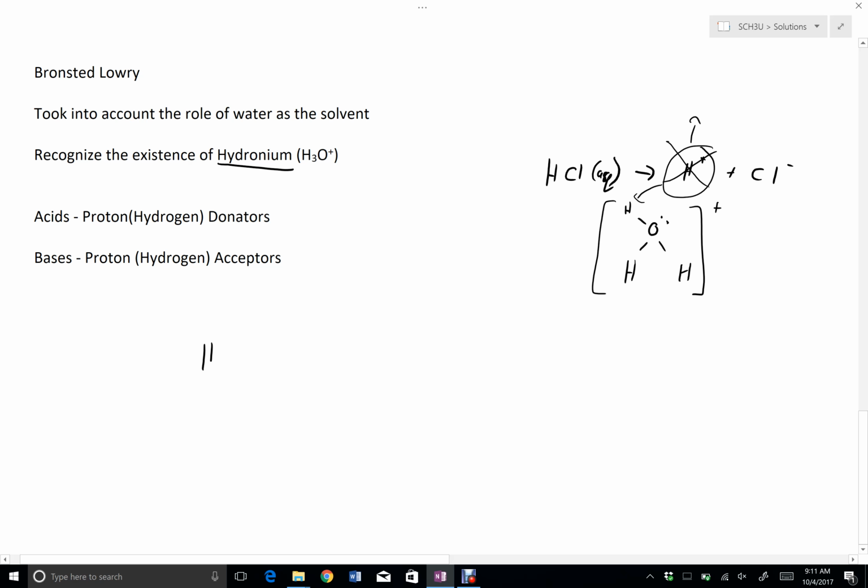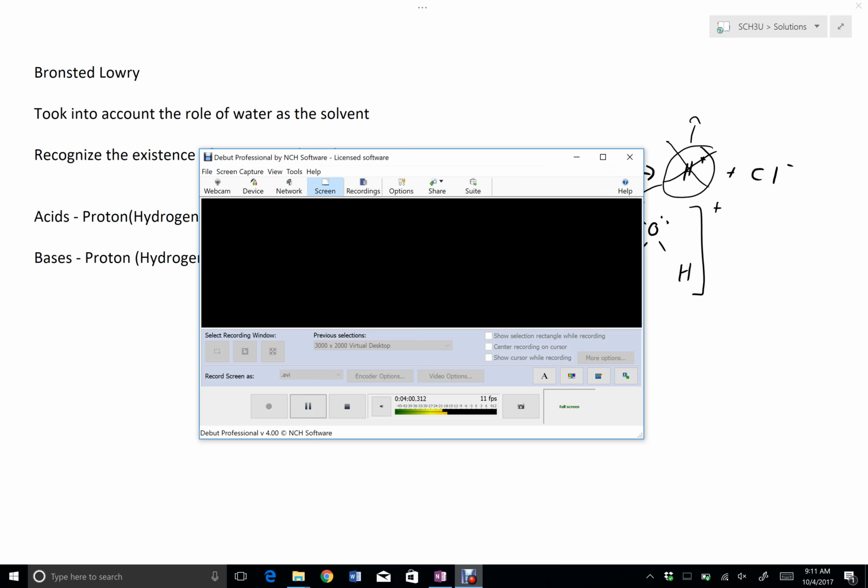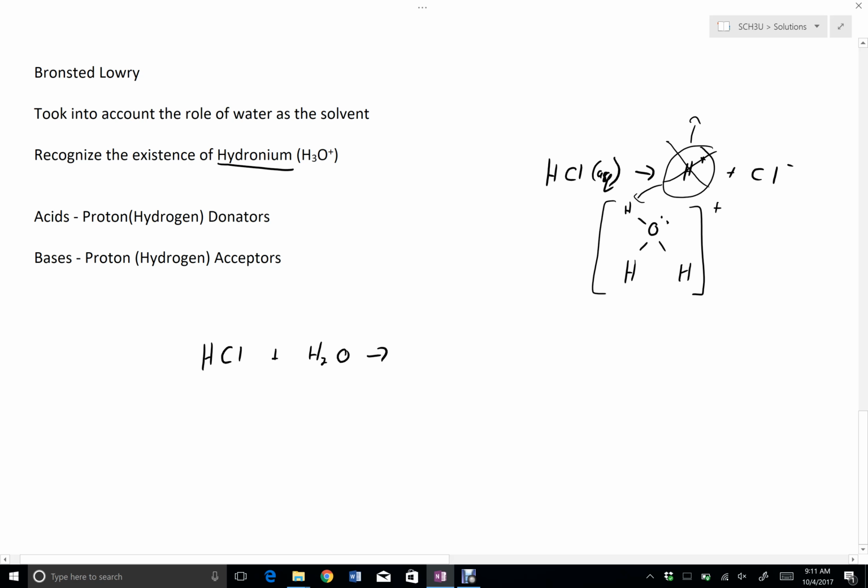So here, they would have adjusted their idea of how hydrochloric acid behaves as an acid to show it reacting with water, taking into account water as the solvent, and it would produce Cl- and hydronium. And so the way we can look at this is this acid has donated its hydrogen atom to the water to form hydronium. On the other hand, if we take something like a base, like water,